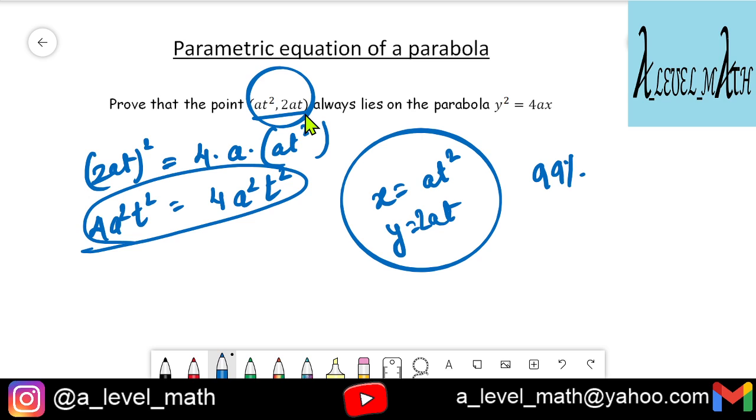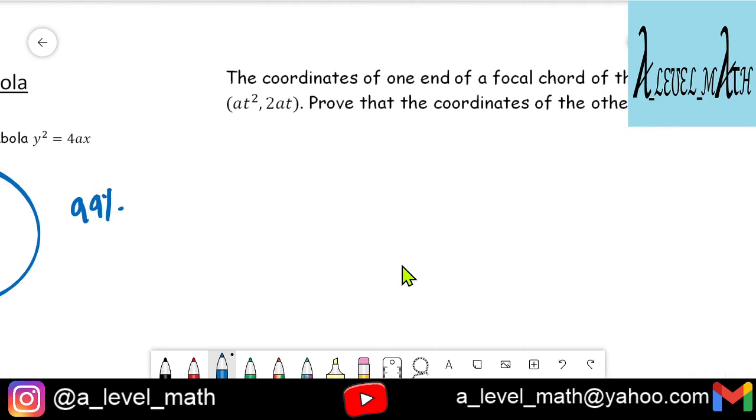at^2 comma 2at. You assume that, okay, let's assume our required point is at^2 comma 2at, and then all you need to do is just figure out the value of this t. When you are done with the value of t, you just put it in over here and you will get the answer. Let's take up some questions on this to better understand the concept.